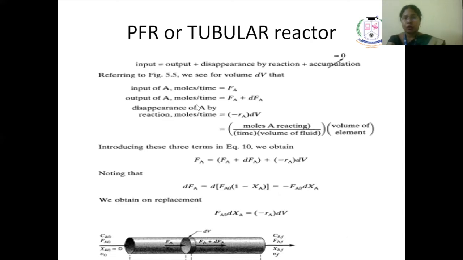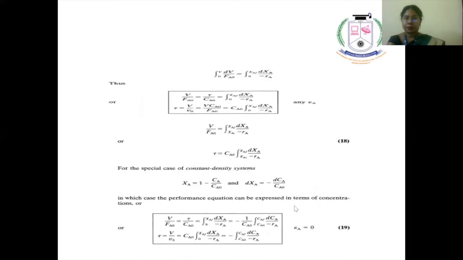Input is equal to Fa, output is equal to Fa plus dFa, and disappearance is equal to minus Ra into dV. When we substitute all these terms in the main equation, we get Fa equals Fa plus dFa plus minus Ra into dV. This can be expanded as dFa equals d of Fa naught (1 minus Xa), which equals minus Fa naught dXa. So Fa naught dXa becomes equal to minus Ra into dV,